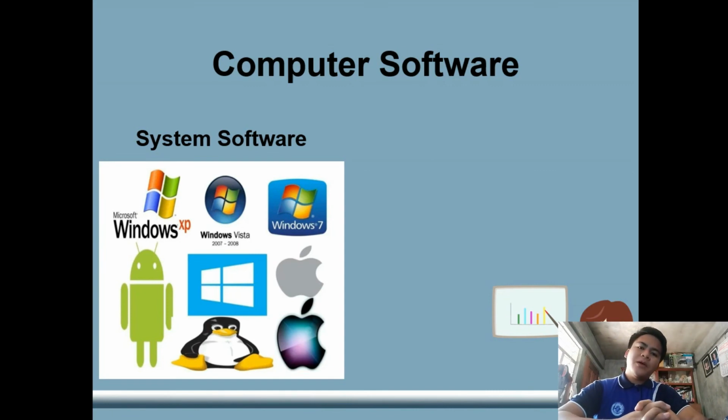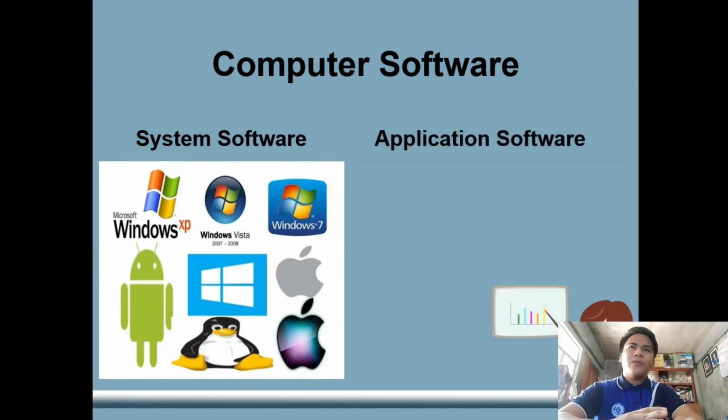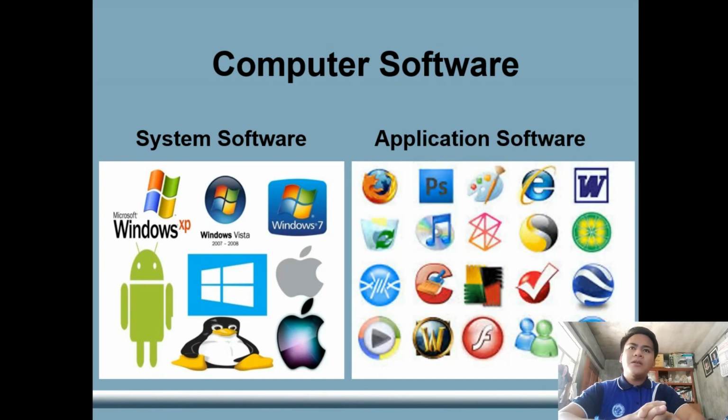So, kailangan meron pa rin pong system software si computer. And of course, the second type is the application software. Pag sinabi naman nating application software, these are the different applications that we can install into our computer. So those are the different computer softwares.